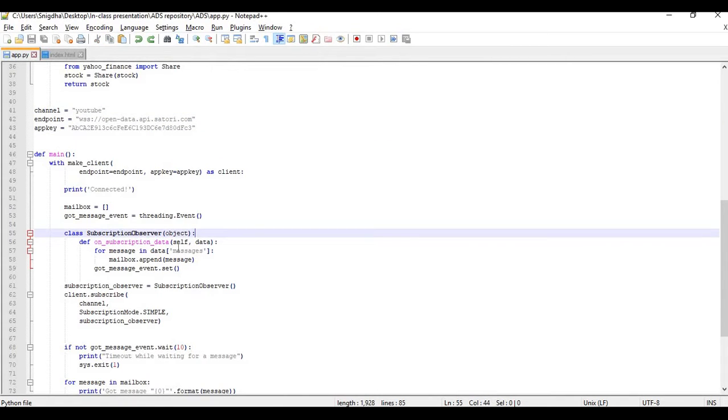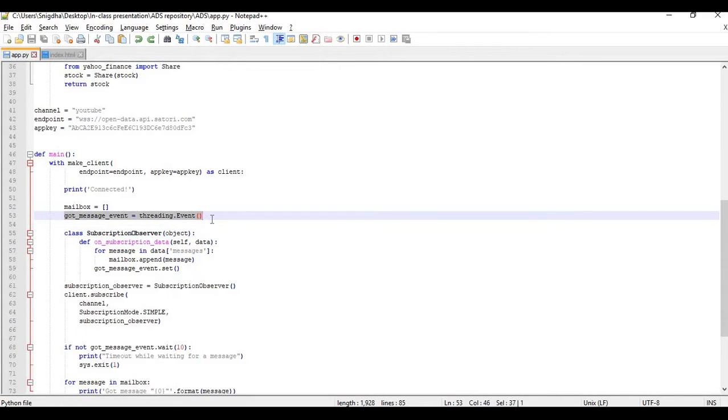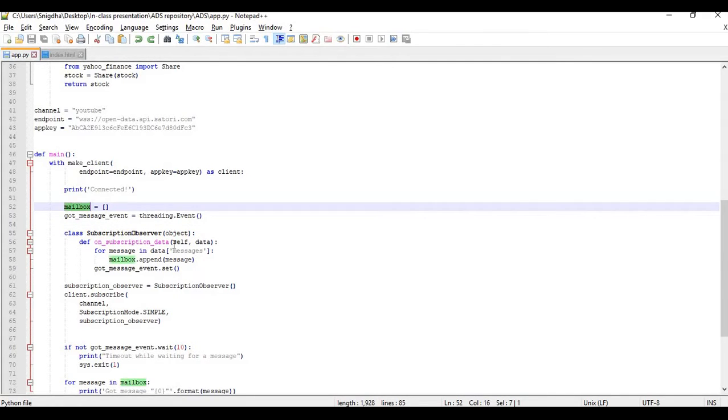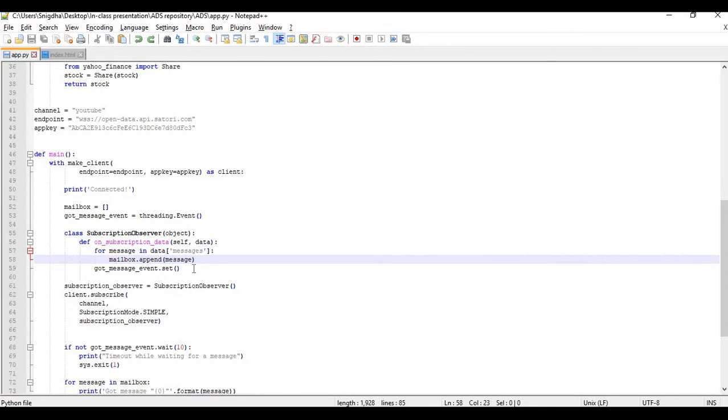So what it is going to do here is get all the messages from YouTube by this code into an array called mailbox. Now this array is nothing but a JSON array. So it is passing this array and appending all the messages into the mailbox.